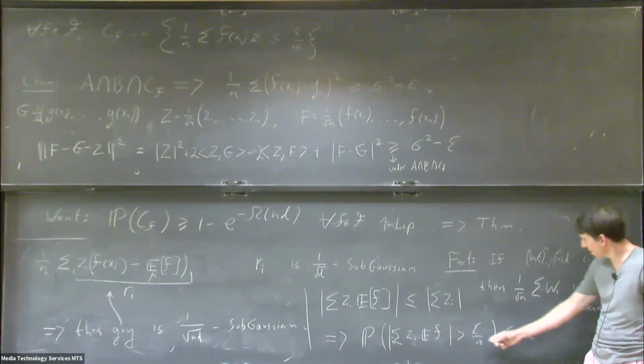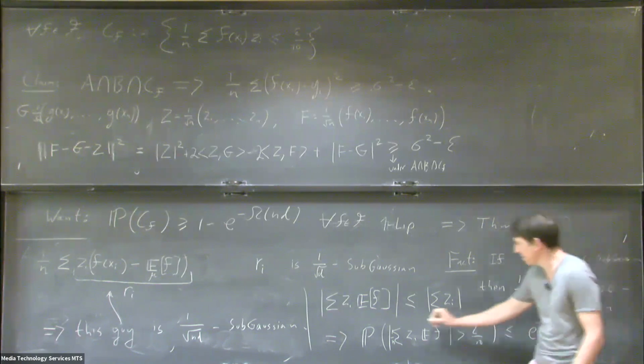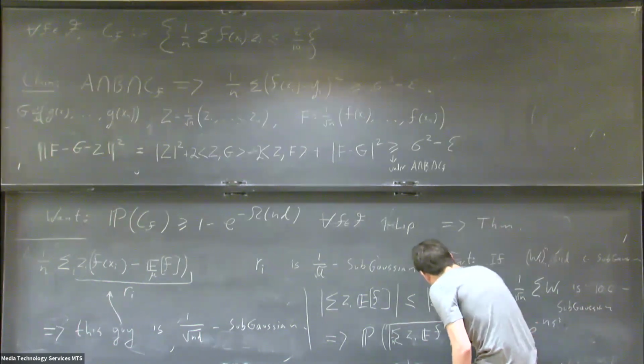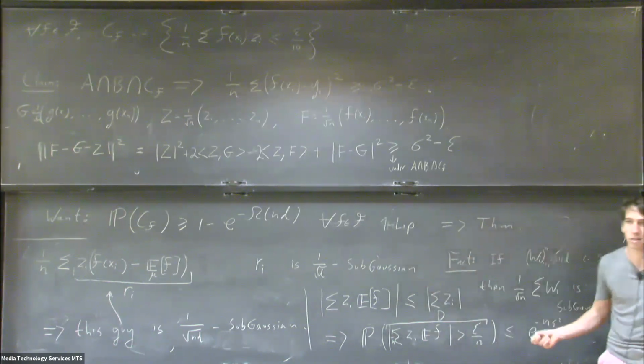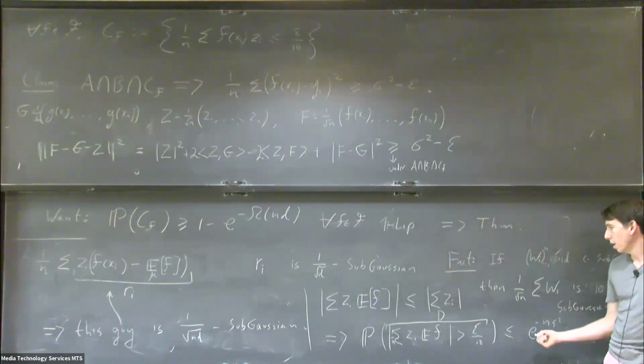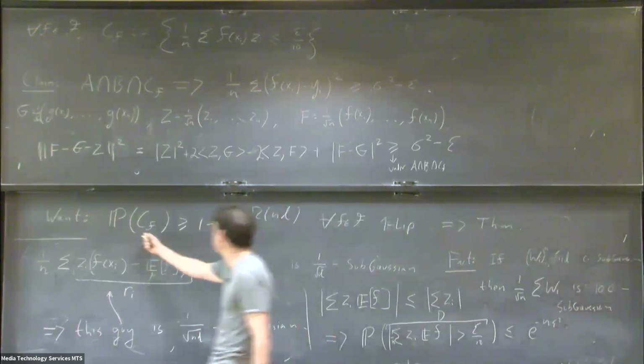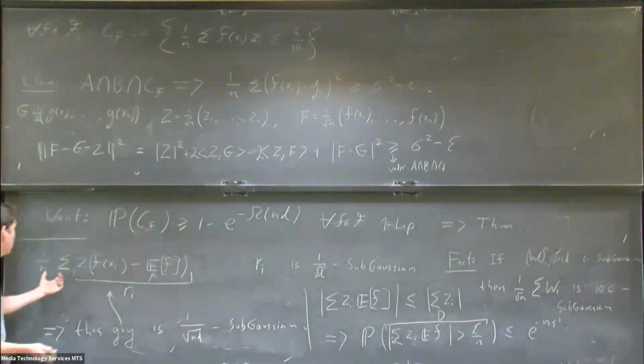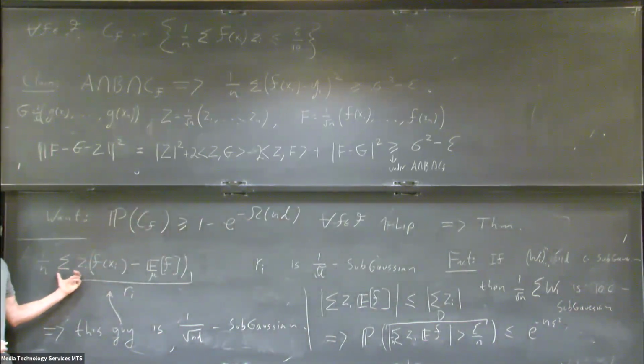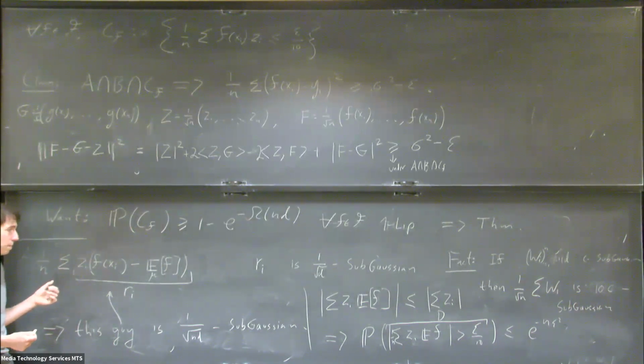But in any case, let's call this event D. Then given D, we're fine, because this guy is sub-Gaussian. That's a big event. That's 1 minus